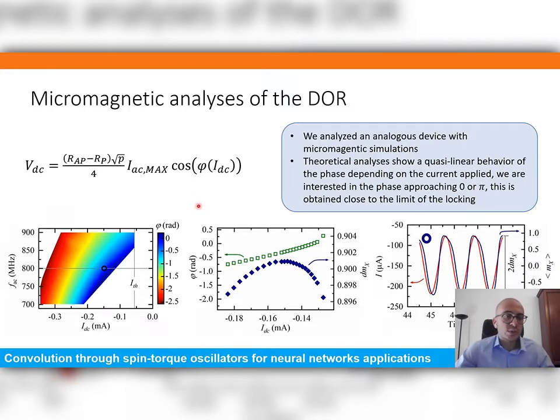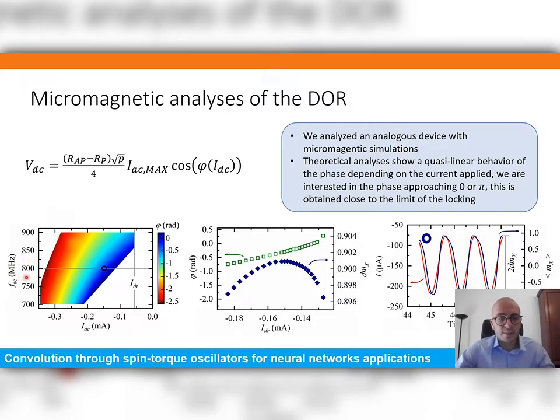And for this reason we made a systematic study with different frequency configurations, so different frequencies of the external signal and different input continuous currents applied. And we obtain that phi gets close to 0 when we approach, in this blue line, the limit that is very close to the injection locking limit. In particular, we focused our attention on the case where the